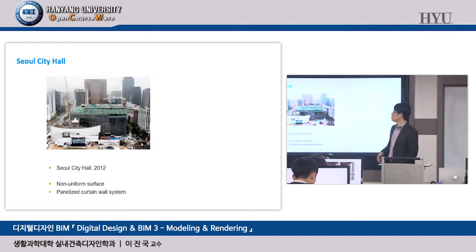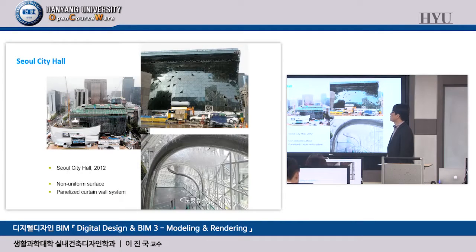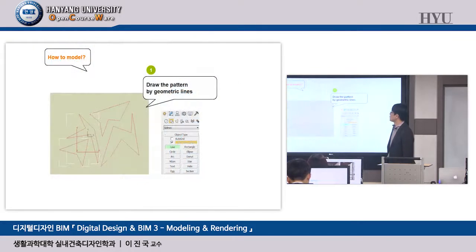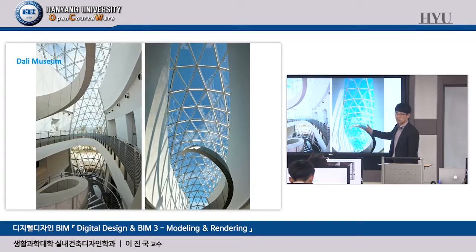And also the parametric modeling approach. We have learned some types of parametric modeling approach based on surface making, wall making, including the Dali Museum case. Rectangle shape, flat part generation. Okay, how to easily draw them? How to model them? First one is, of course, even if it's a parametric modeling tool or a geometric tool, whatever it